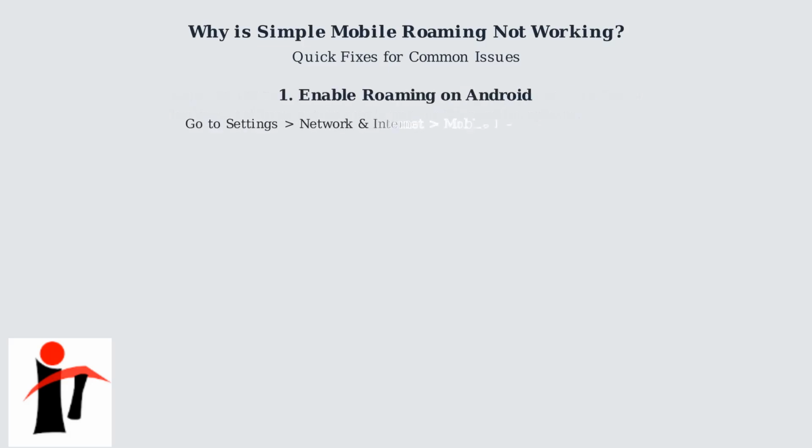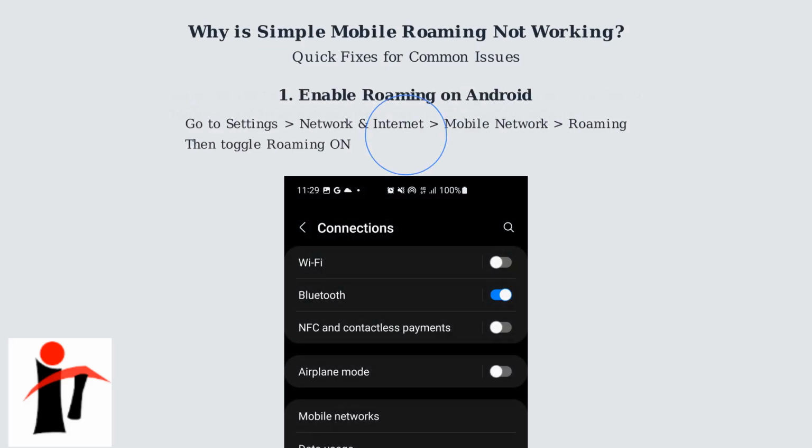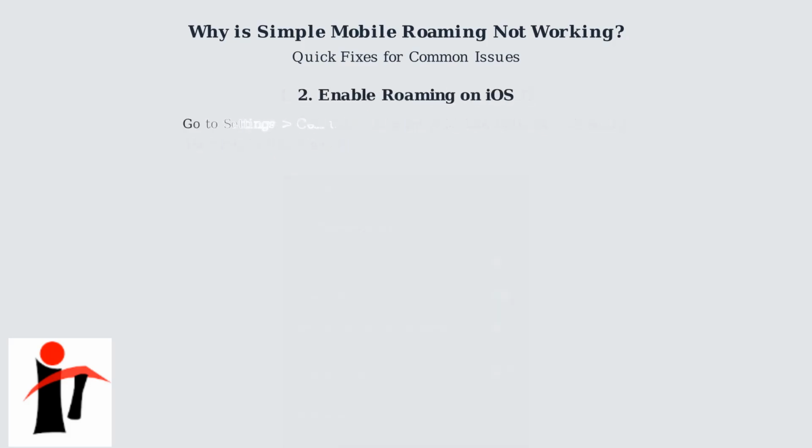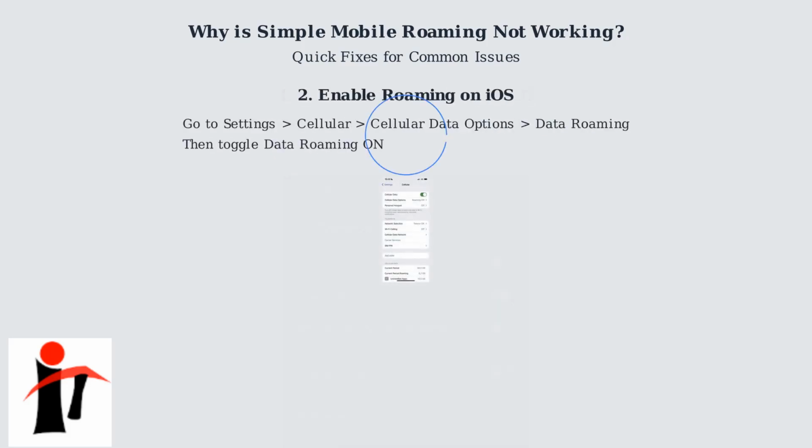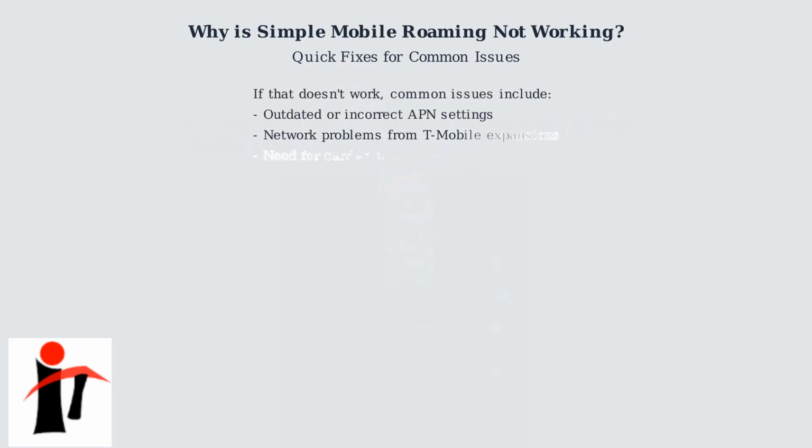First, enable roaming on your Android phone. Go to Settings, then Network and Internet, Mobile Network, and Roaming. Toggle roaming on. On iOS, go to Settings, Cellular Data Options, and Data Roaming. Toggle data roaming on. If enabling roaming doesn't work, the next most common issue is an outdated or incorrect APN